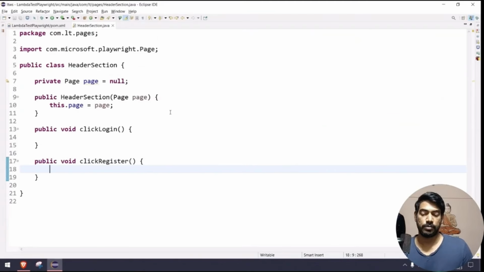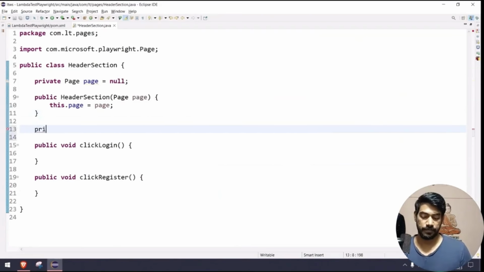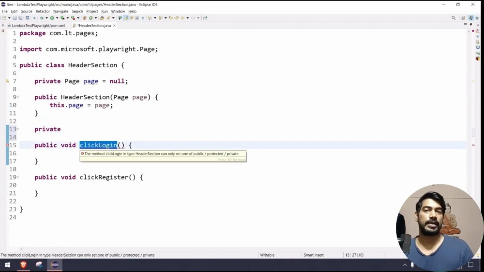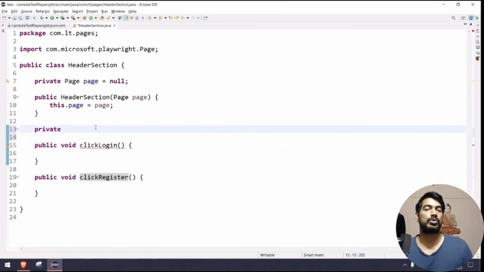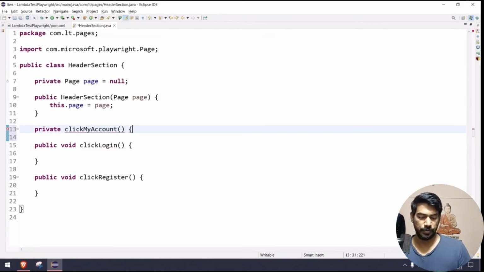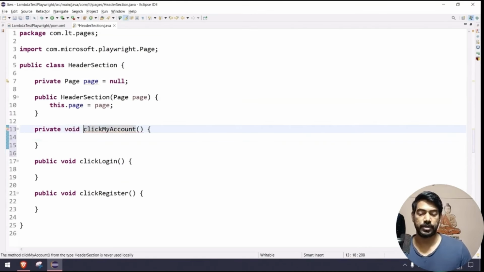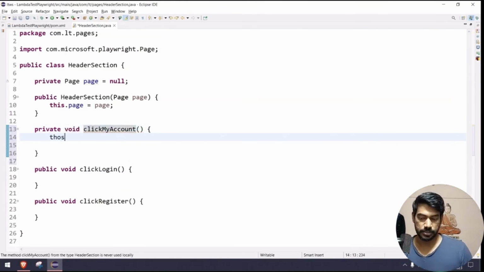So let me write one more function, and I'm going to make this private because I don't want this to go outside. If I do click login, I will hover on My Account and then do the login click, similar to the register function as well. So I don't want to expose My Account to the outside, so I will make it private. I will say click my account. If you want, you can make it public as well, but for now I'm just going to make it private. Okay, and here I'm going to select this dot page dot locator,